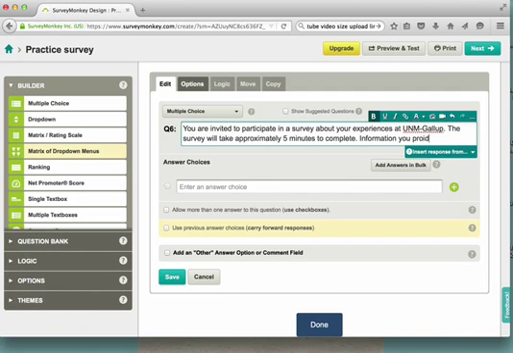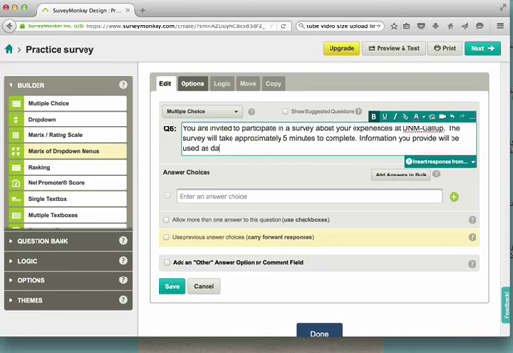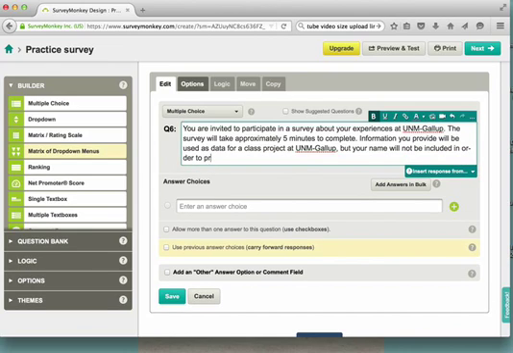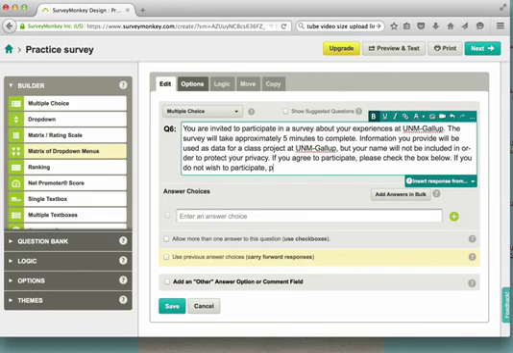So: information you provide will be used as data for a class project at UNM Gallup, but your name will not be included in order to protect your privacy. That's another thing we need to do as researchers, is explain to participants how we are going to protect their privacy. Then lastly, if you agree to participate, please check the box below. If you do not wish to participate, please close